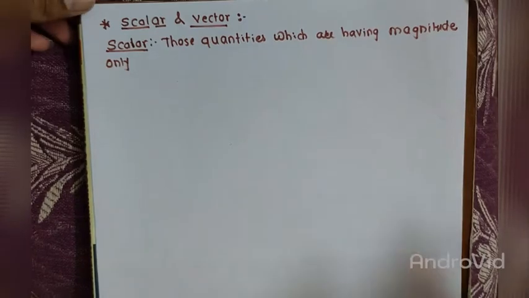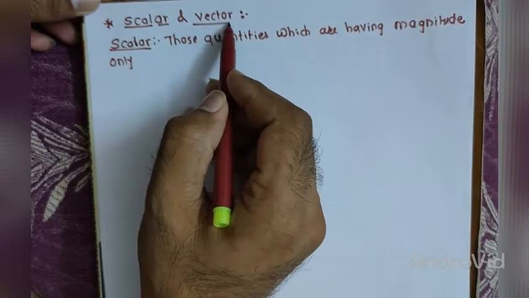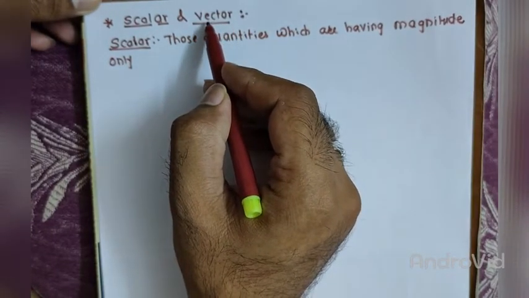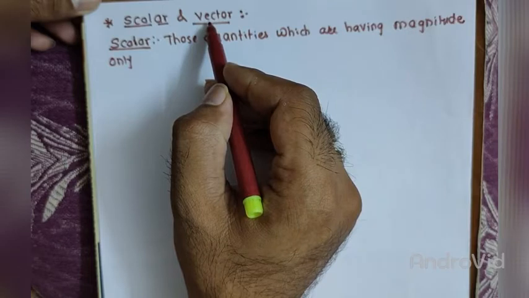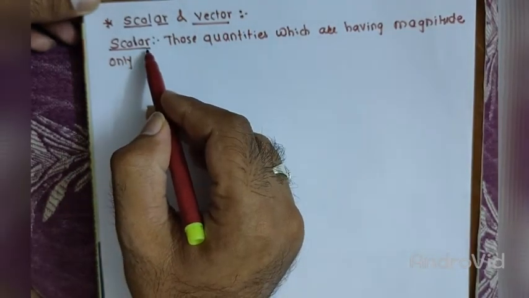Hello everyone. In this lecture, we are going to discuss scalar quantities and vector quantities. More precisely, we will focus on vector quantities here, because in electromagnetic field theory, the field vectors and field parameters that we will have to look at are vector quantities. So let us first define scalar quantities.